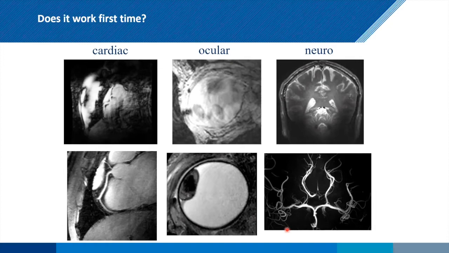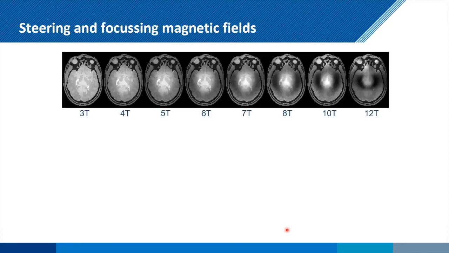So what did we have to develop, and what did we actually learn from the previous work on high field? Well, the first thing is, how are we going to steer and focus magnetic fields? One of the problems, of course, is that the RF interferes with the conductivity and with the permittivity of the body a lot at high field, much more than at low field. But it also gives us an opportunity to steer those by saying, if we take dielectric materials, materials with high permittivity, we can start to reshape the magnetic field and indeed the electric fields, right?